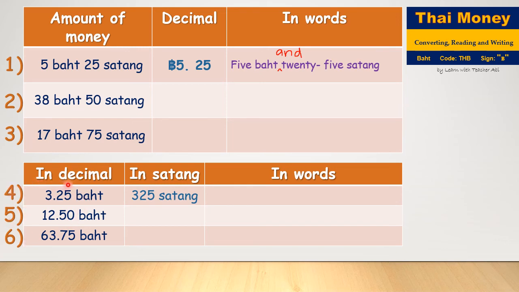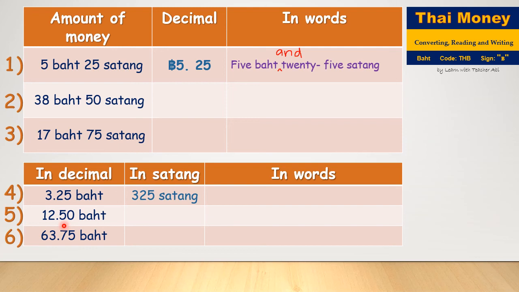So this one, you convert money in decimal to satang. So from baht in decimal, you write it into satang. Okay, so in decimal, we have here 3 and 25 baht. If you notice, there's no symbol B here, because there is baht here already. So 3.25 baht is equal to